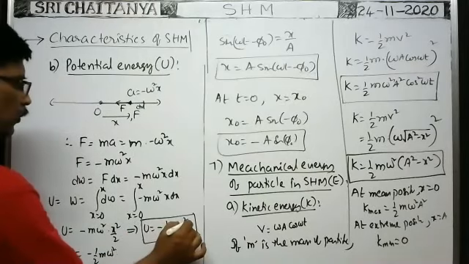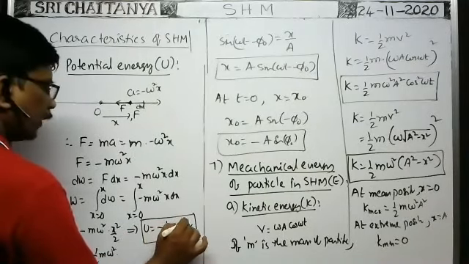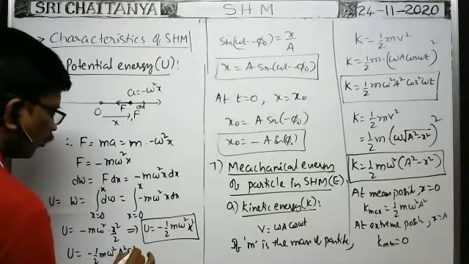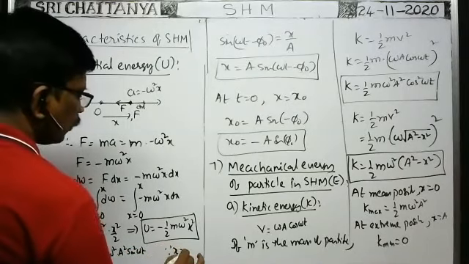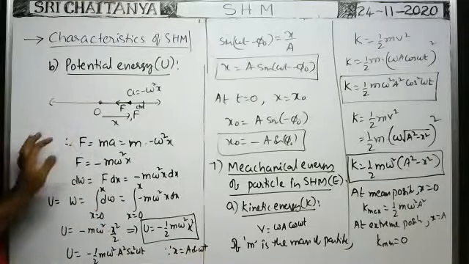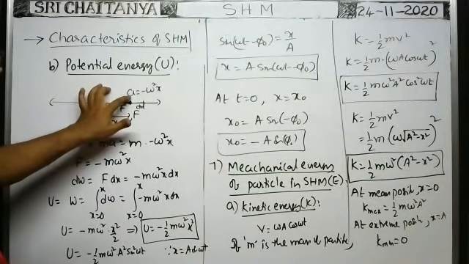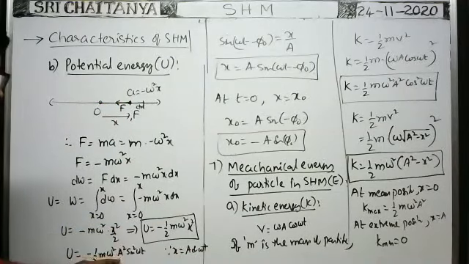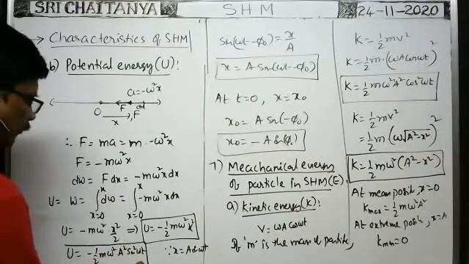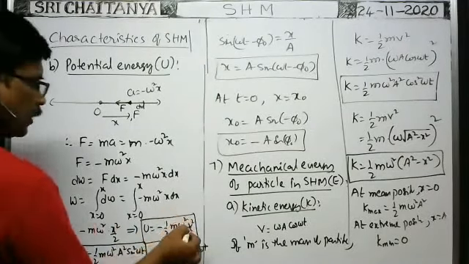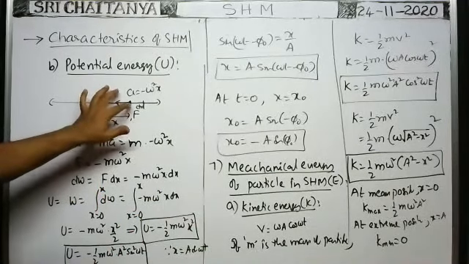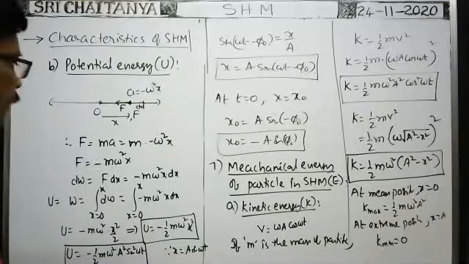Here it is x square by 2, half m omega square x square by 2. So x square means A square sin square omega t, since x is equal to A sin omega t. When motion of the particle is considered from the mean position, after t seconds, the displacement of the particle is x equal to A sin omega t. I just substituted here, then I got A square sin square omega t. So it is the formula for potential energy at any instant of time, and the formula for potential energy at any displacement x. We got potential energy negative because this potential energy is acquired by the particle because the restoring force acts on it. That's why we got the minus sign.